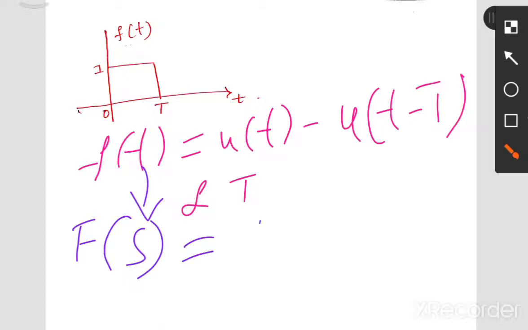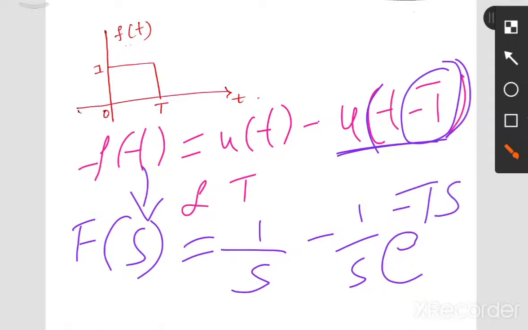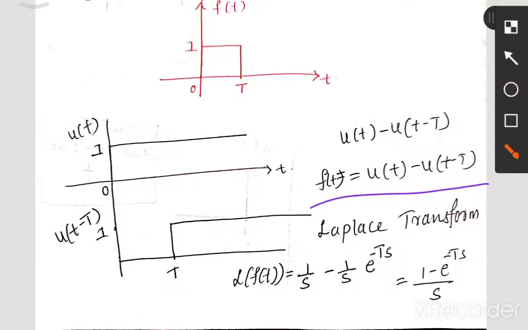Here a you can take as the slope of it. So I cannot say it's a constant. A is the slope of this signal. Okay, so this is your ramp function. The definition is f of t equal to a into t, where a is the slope, for t greater than or equal to 0. Where t is less than 0, its magnitude is 0. Okay, this is your signal r of t.